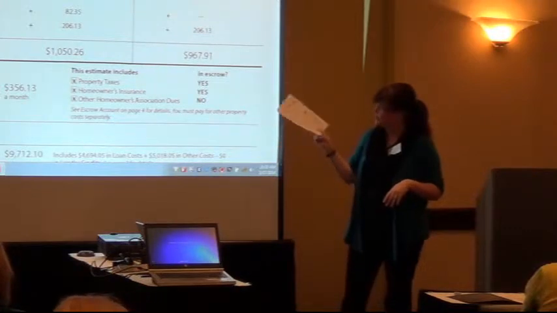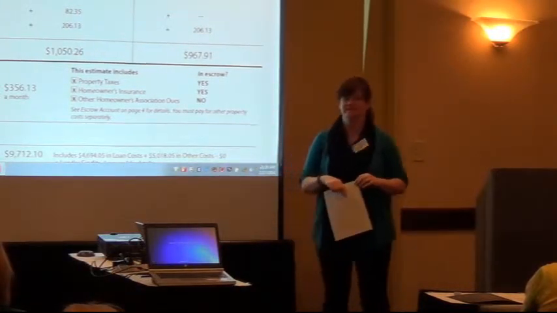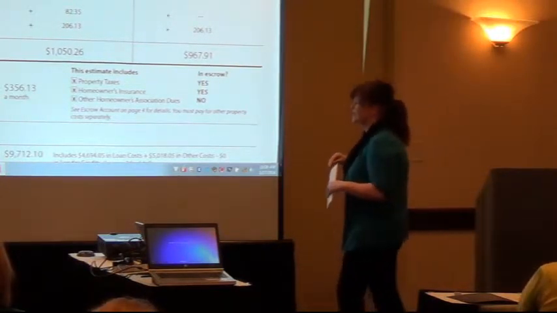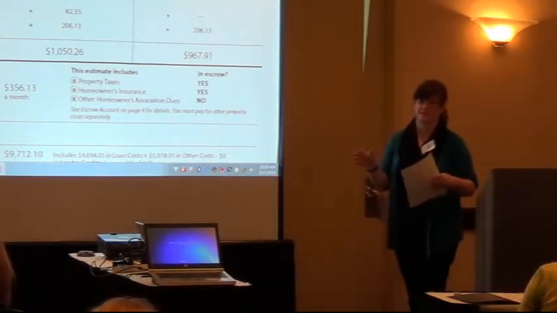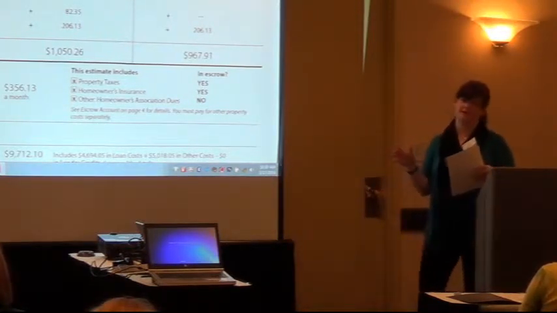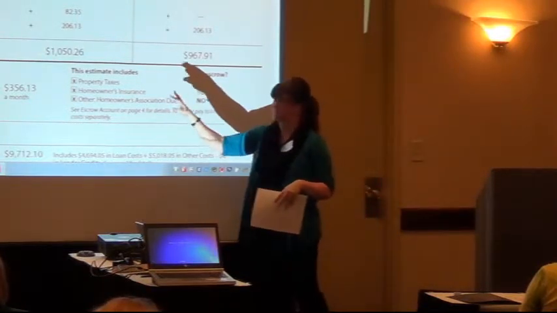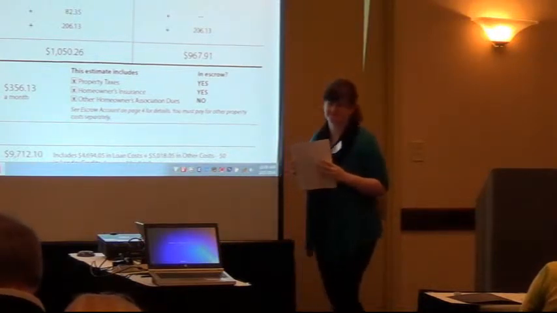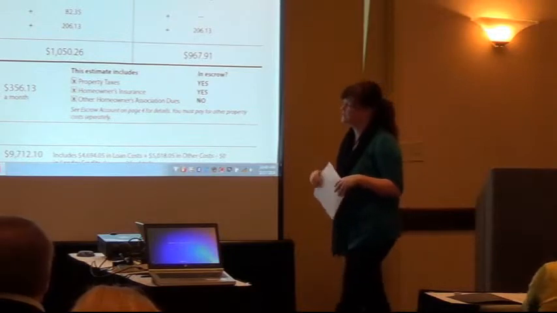You have estimated total monthly payments right here for the different years. And then down here we have estimated taxes, insurance, and assessments. I actually really like this part because, having been on the title side of things, people call you like, yeah, it's got a lien put on my house because my HOA dues aren't paid. I thought that was going to be paid out of my escrow. So here it kind of explains to them what is and isn't going to be in their escrow. And then on page 4, I think, there's a detailed escrow section that we'll look at.